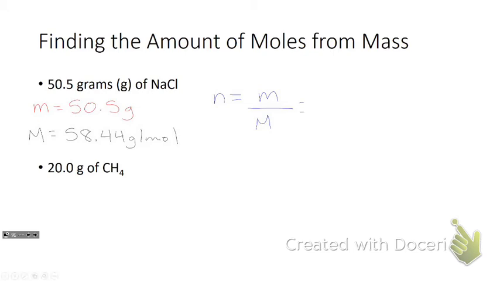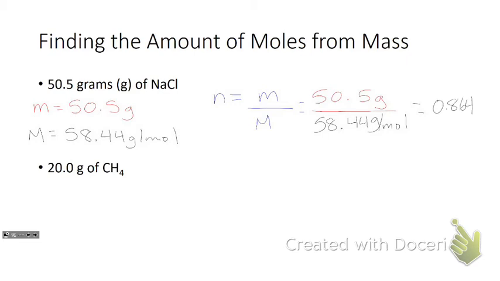In this case, the mass of our sample is 50.5 grams divided by our molar mass. So what is the molar mass of our compound? It is 58.44 grams per mole,